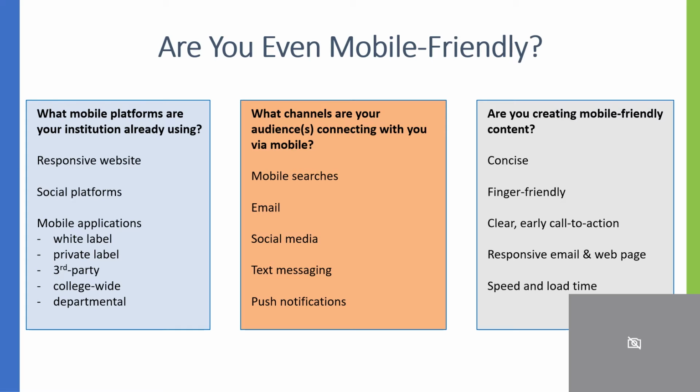And then lastly, when it comes to content, a couple tips here in thinking about trying to make content as mobile friendly as possible. One thing I joke about a lot is making sure it's finger friendly. So making sure that when I'm trying to engage with your content with my fat fingers, that two links or two buttons are not close to each other and I'm clicking on the wrong call to action that you want me to take. So making sure that those calls to action are clear, making sure that they are easy to engage with.